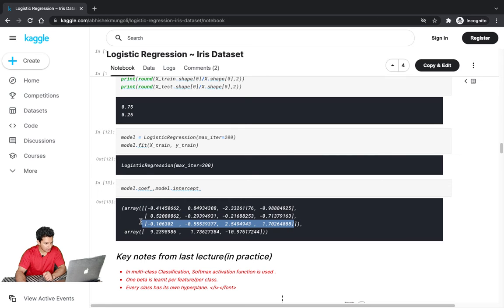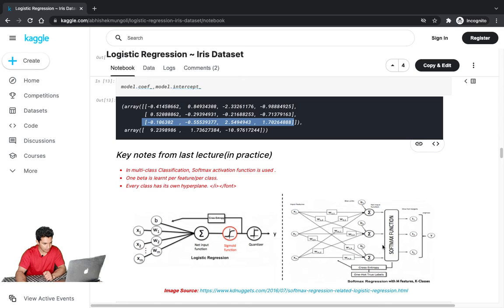And why is that? Because we have already seen in the last video that in case of multinomial classification or softmax classification or multi-class classification, the model learns different set of parameters for each class. Hence we get different parameters or coefficient for each class, and finally there is a softmax layer which converts this unnormalized score into normalized score, which if we add will be equal to 1, and which acts as the probability, and the assignment of the observation happens to the class with the highest probability.